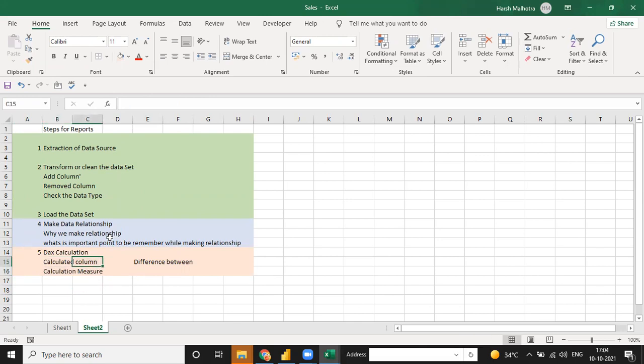So I have one question: what is the difference between these two, calculated column and calculated measure? Jasmeet, Hemlata, what is the difference between these two? Okay, I will tell you.